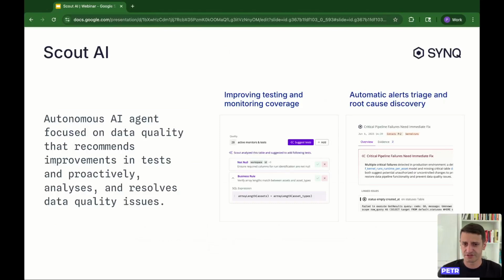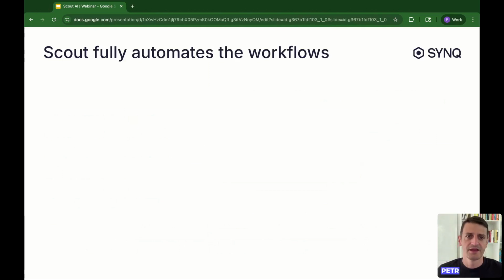The important bit which we've been thinking about at Sync is not just what the agent will do, but also how it is going to go about it and what kind of things we can do perhaps differently than other solutions on the market. And we've decided on a couple of pillars I would like to just highlight before we jump to the demo. First of all, we think of Scout as a fully autonomous agent, which fully takes the